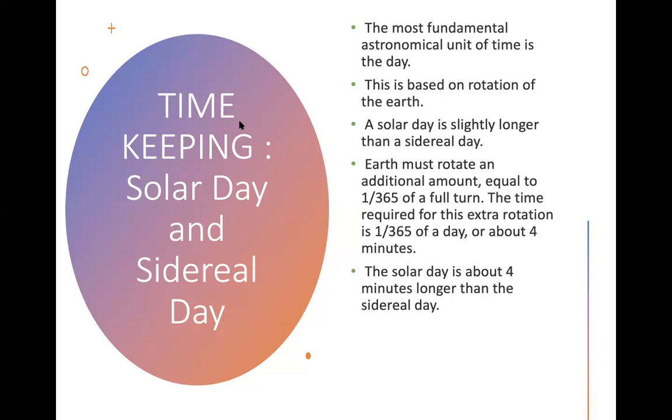So what this means is actually for solar day, you have 24 hours, but if you consider a sidereal day, you will have 23 hours and 56 minutes. So there is a 4 minutes difference, right? The solar day is about 4 minutes longer than a sidereal day. Now, the reason is that